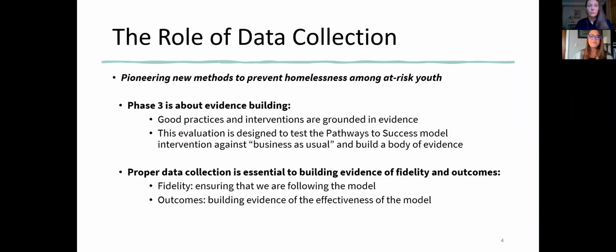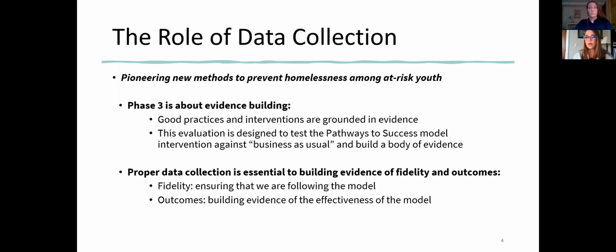Next slide. So first, I just want to briefly review why we're doing this. You've heard about the history of YARH, Youth at Risk of Homelessness, that was funded by the Children's Bureau. And I just want to reiterate, Colorado is really at the forefront here. We're the only site that was awarded this phase 3 summative evaluation. The Children's Bureau and the Office of Planning, Research, and Evaluation at the federal level, the U.S. Department of Health and Human Services,